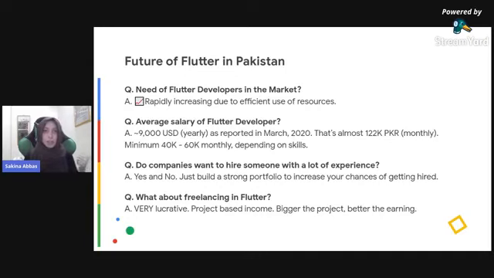Company A, on the other hand, since they're both Flutter engineers, would be working on the same code base. That means they'll be working on just one project, which will produce both Android and iOS apps. Because they'll be working together, they will be able to complete the project in significantly less time, half of what Company B is going to achieve, or if they're not working together on the same project, the other Flutter developer can work on another project. So it's like they hit two birds with one stone.